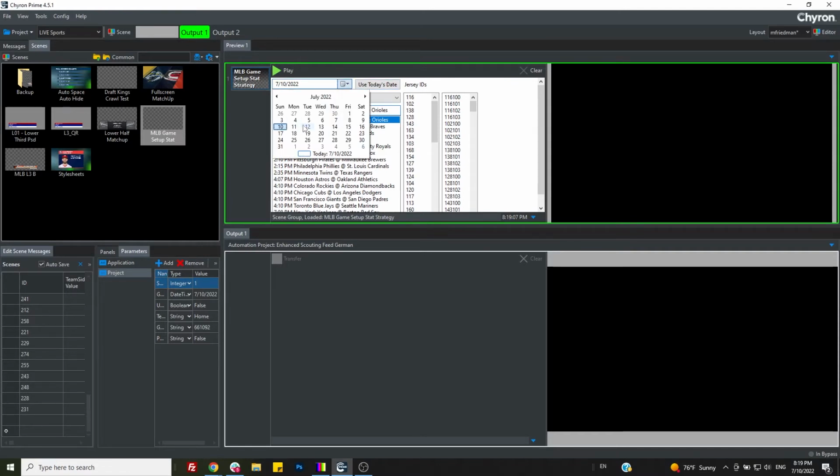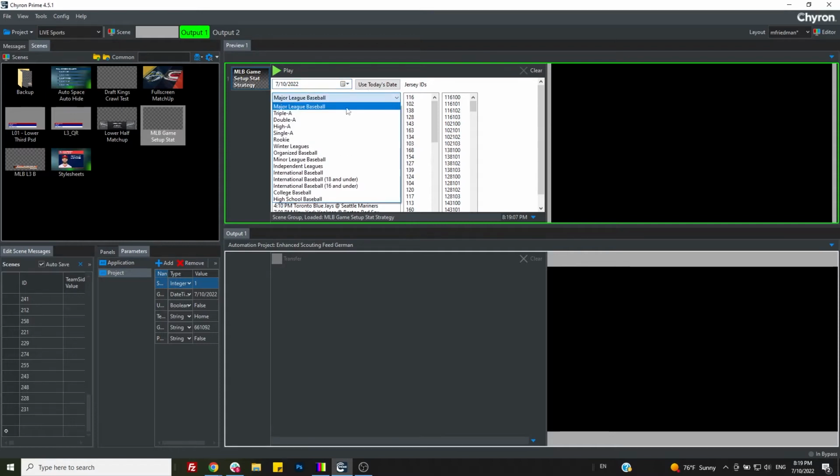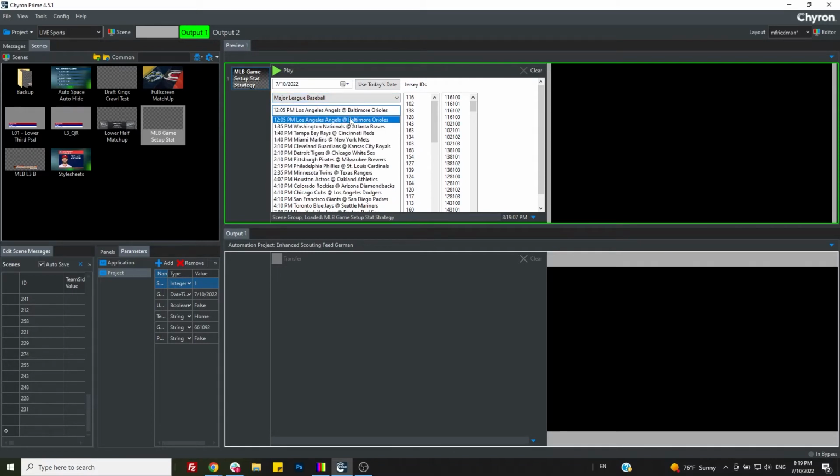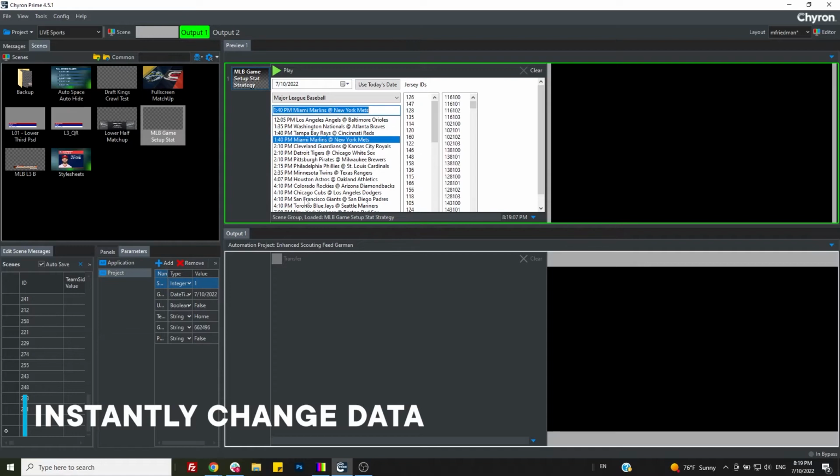We can go use the calendar, go back in time. We can look at different leagues that are inside this feed. There's actually minor league baseball and other baseball in here, but we're going to stick with a game from this morning, Angels, Orioles, and these are all of the players with their jersey numbers who played in here. And we assigned 1 plus the jersey number to the away team, 2 plus the jersey number to the home team. And you see if I click, it actually loads in the different jerseys, and